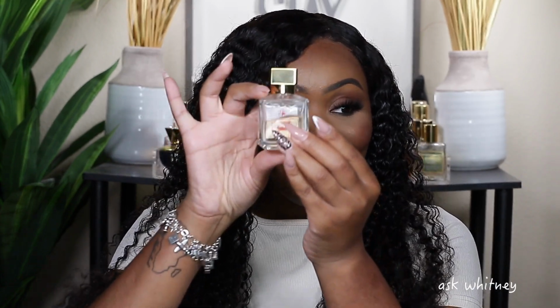And as you guys can see, I have made a nice little dent in this. I bought this a year ago and I'm halfway through the bottle. And when I finish it, I will buy another one because I love it. Okay, I love it. I have one last perfume here, and it is another MFK perfume, and it is the